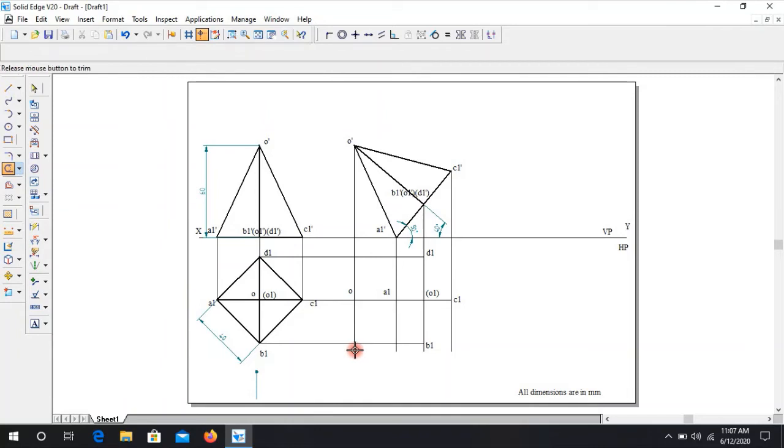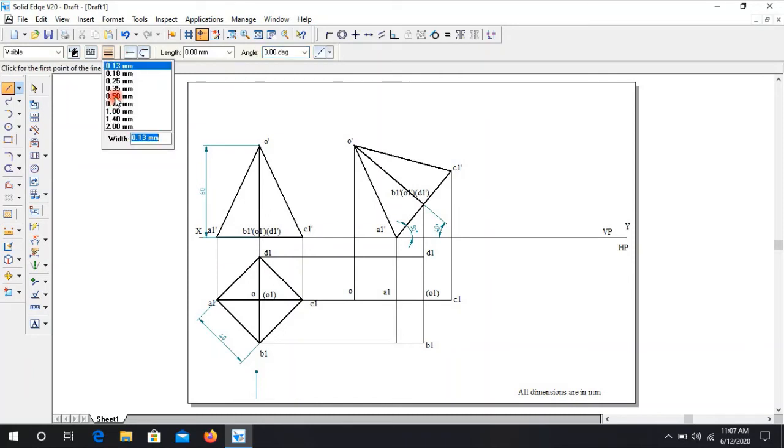You can trim or you can erase all extra lines. Now connect all the points. While connecting these points, you have to remember, first you need to concentrate only on the outermost points. So there are 4 outermost points. So concentrate only on the outermost points and connect these points using a continuous line. And I told you there should be 3 lines from every point.